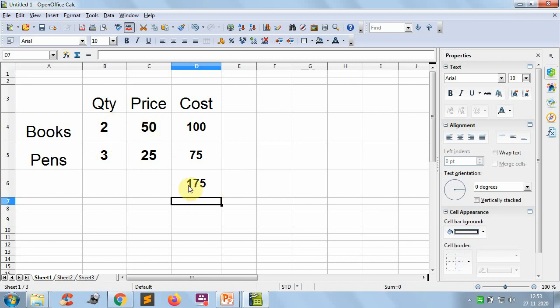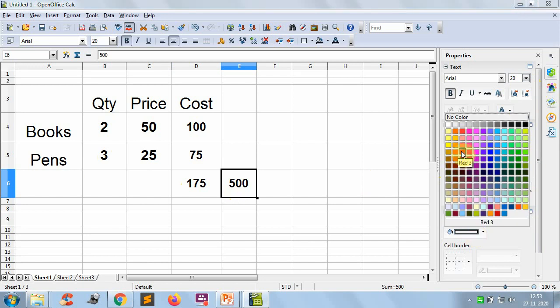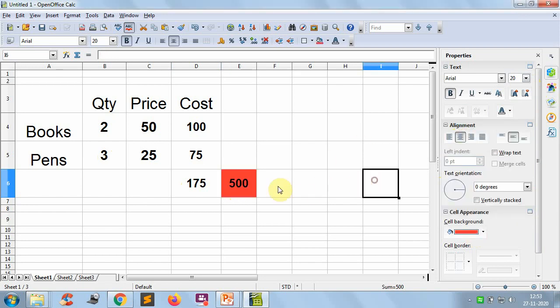Now our concept is, here I will decide the output first, means total amount I will decide as 500. Assume that I am deciding the total amount as 500. So this should be our output. This is my desired result, 500. It should be displayed in this area.